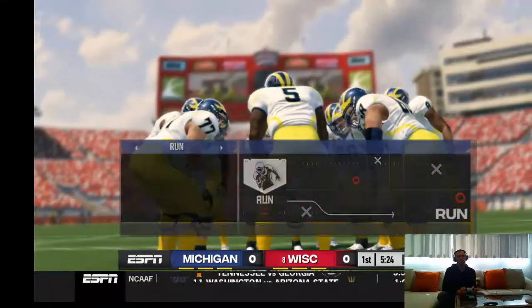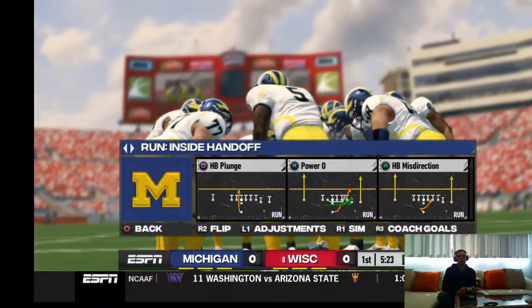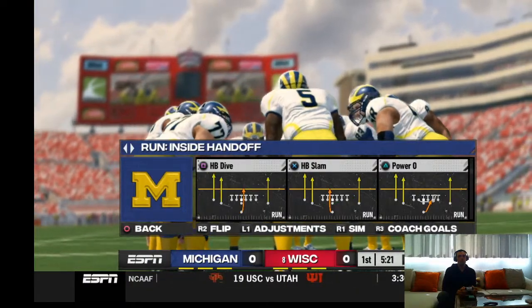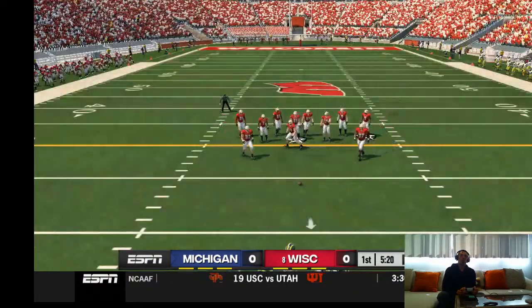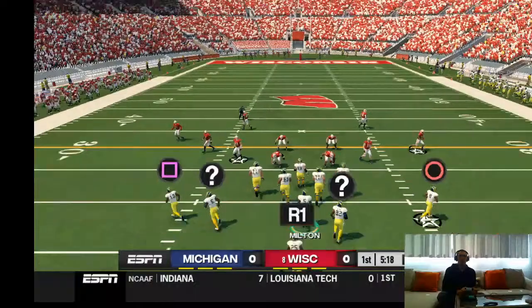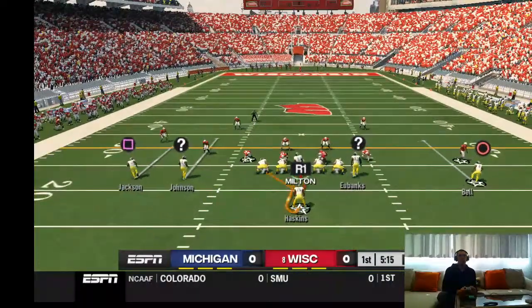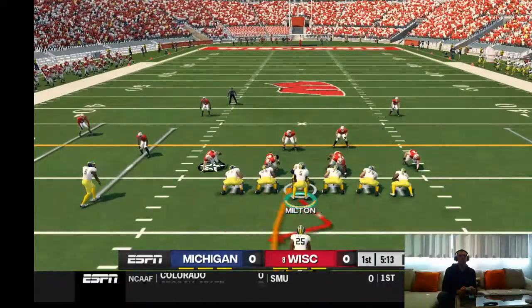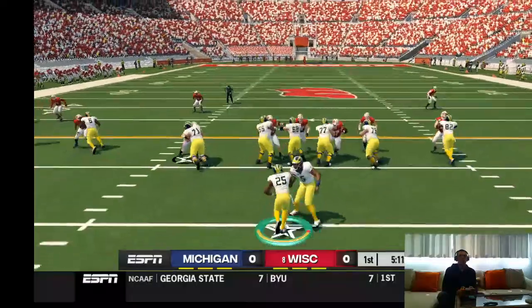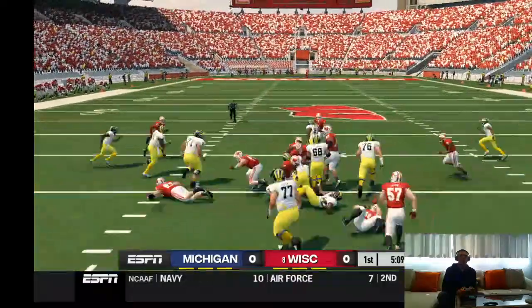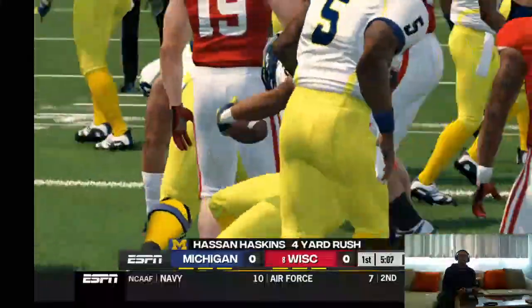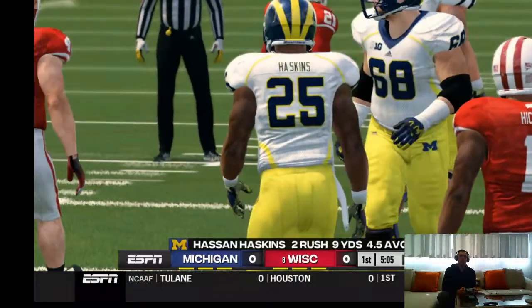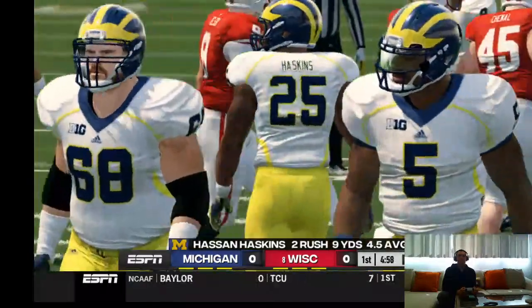That brings up 2nd and 5. 2nd down and 5. Ball on the 24-yard line. Brought down after a nice run up the middle. That's a gain of 4 on the play. That'll make it 3rd and 1.